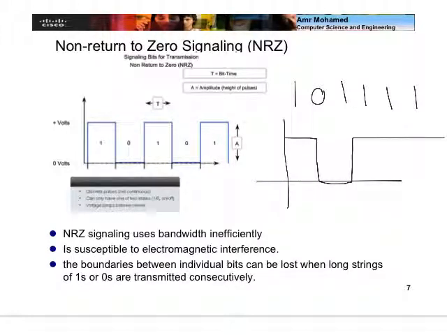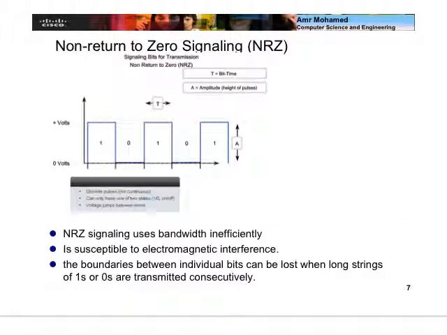Digital signal means that the signal takes discrete amplitudes, whether it takes positive voltage or zero, not something like this. This is a continuous signal. It's not a digital signal. So what is the problem with this signaling mechanism? This signaling mechanism has a number of problems. The first one is that this signal uses the bandwidth inefficiently. So why is that? Well, it turns out that